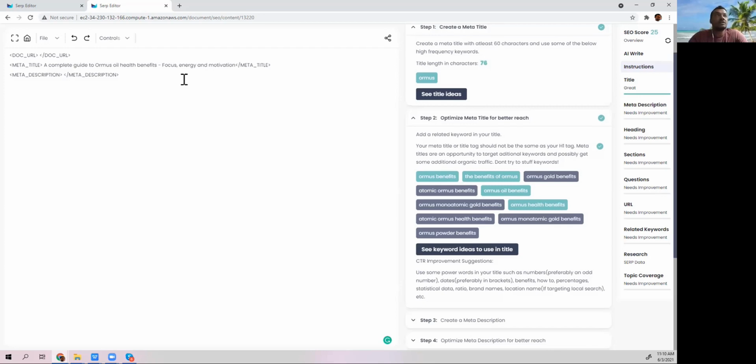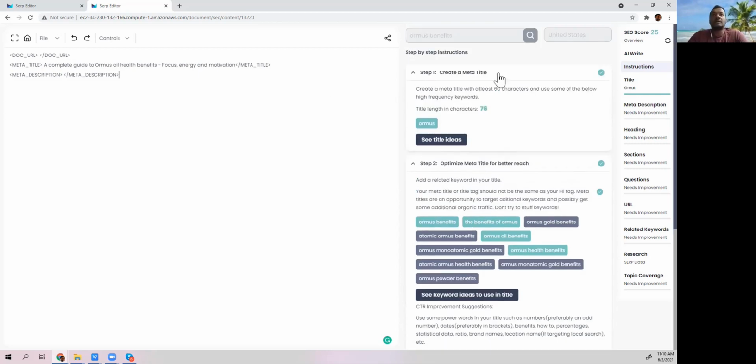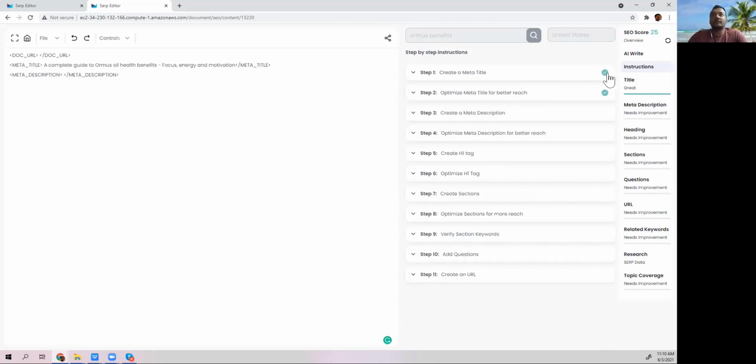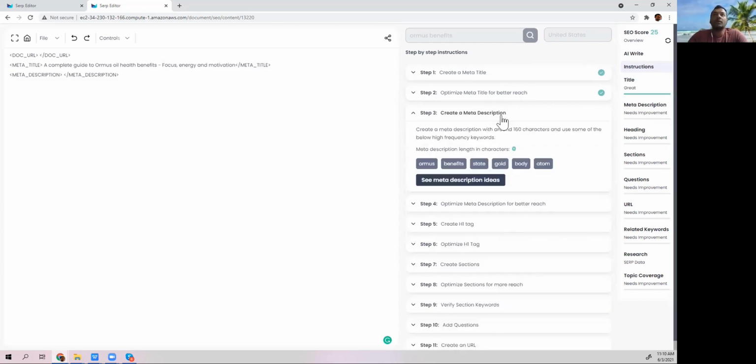This is 76. So if it is 76, then Google is potentially going to show your first 60 characters, which is awesome because you got all your targeted keywords in those 60. The remaining still counts. They will not be shown, but they are definitely influencing your title and how you get positioned in Google. So you can go a little beyond that. Just don't go too crazy on it, but you can still go beyond the 60 characters. So, all right, now we have the meta title figured out and we have both the check marks. So now we go to meta description.